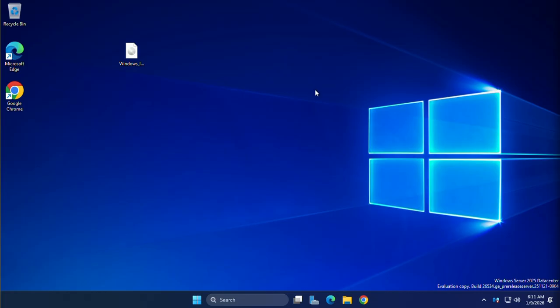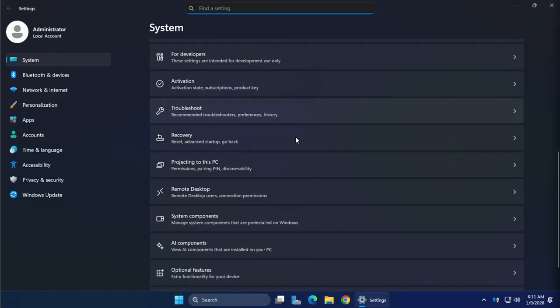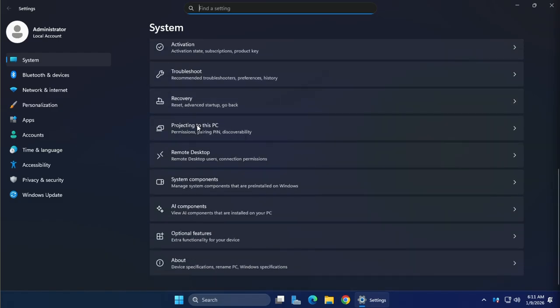But can you go back to Windows Server 2022 using the go back option? I open settings and select recovery.